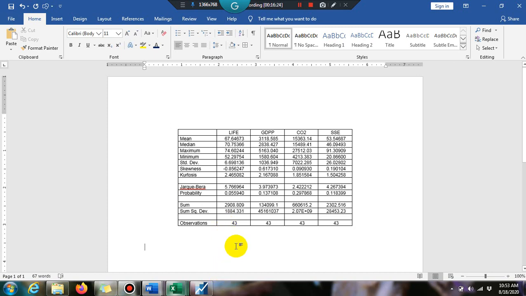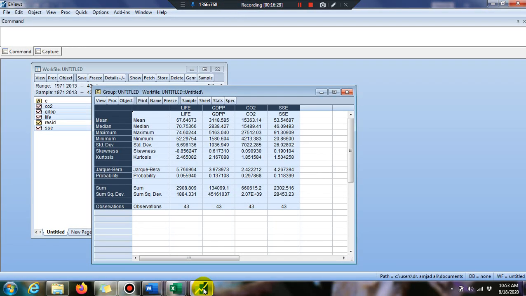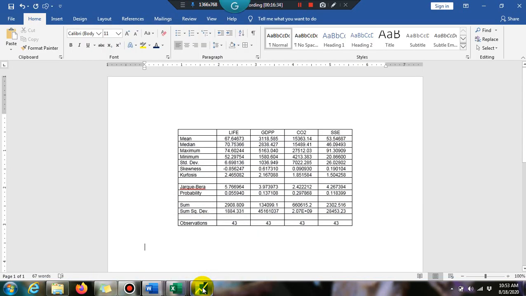Okay, after giving the interpretation of the descriptive stats, next we have to find the correlation matrix. Keep in mind what the main uses of the descriptive stats are. Our main concern with descriptive stats is whether our data is normally distributed or not.